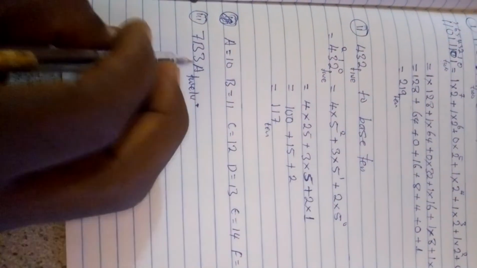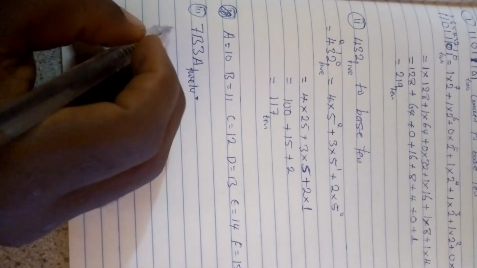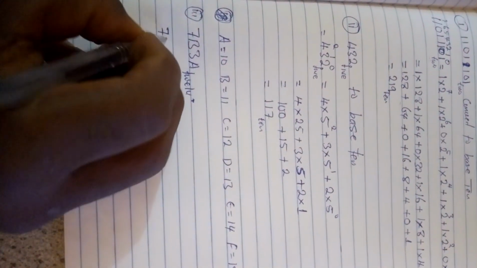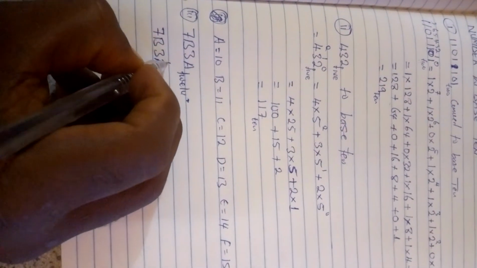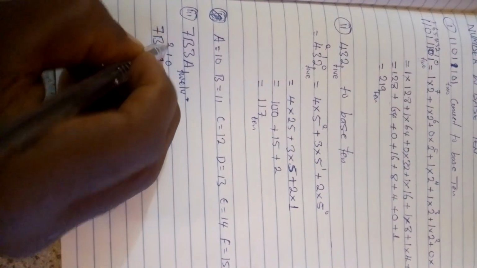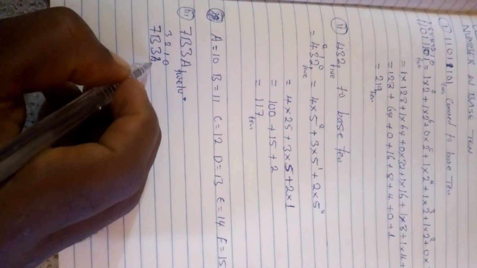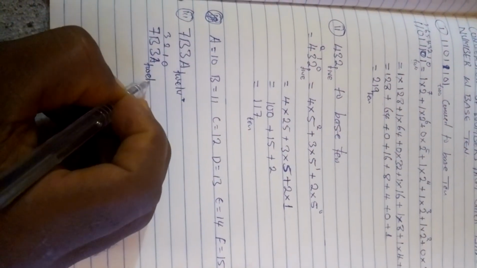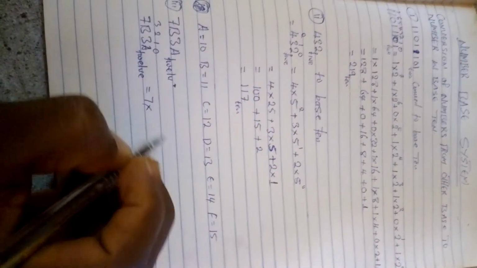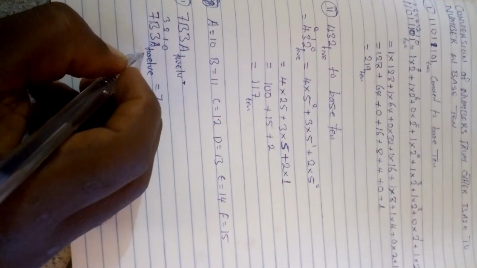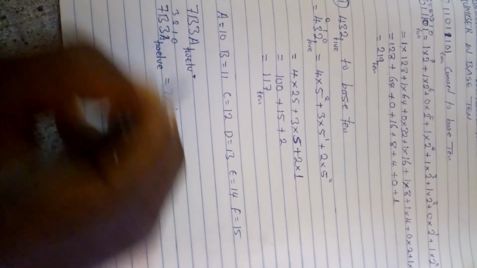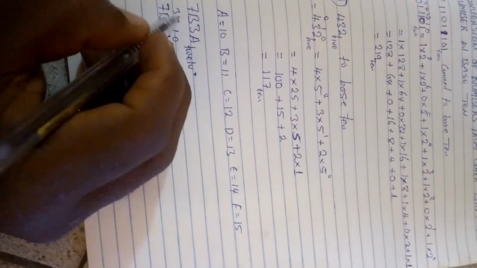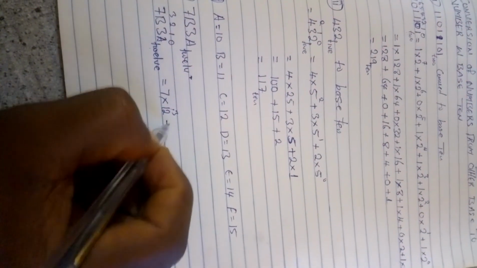Let's now do it together and see how it goes. I told you before that you have to bring out the equation first: 7, B, 3, A. You now power them as usual: 0, 1, 2, and 3, in base 12. You put equal to now, then 7 times, always the base, times 12. These are their powers. The first one is 3, right? Plus